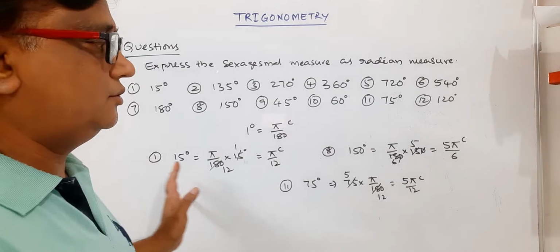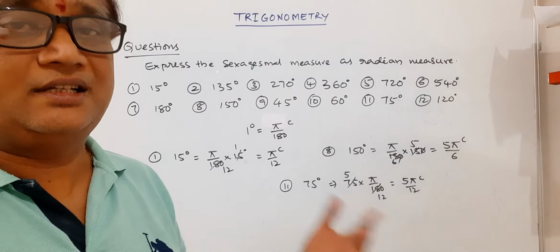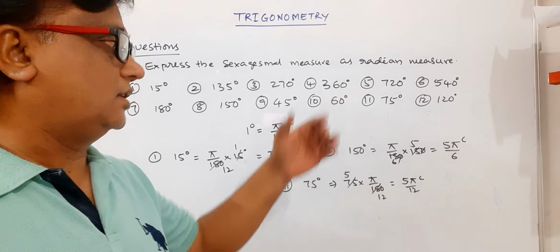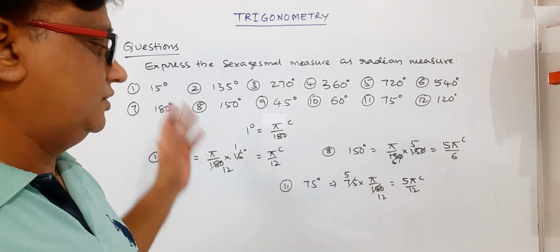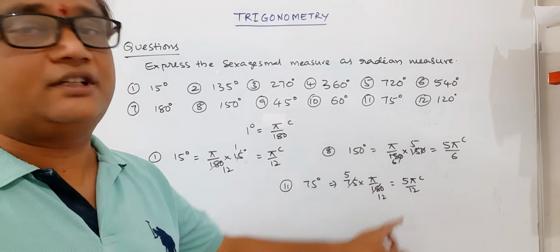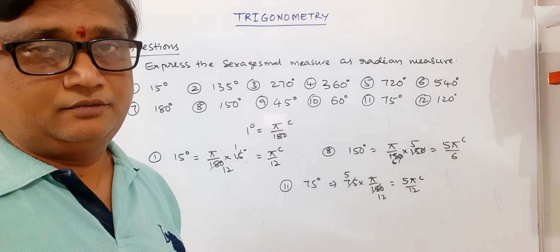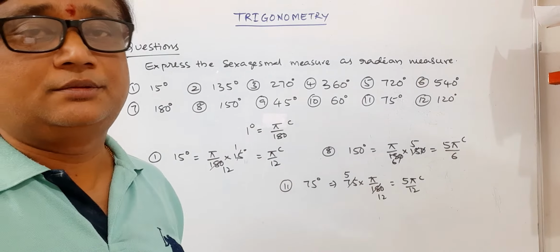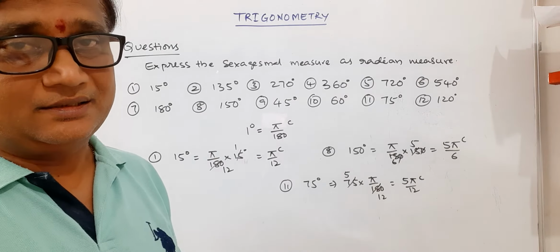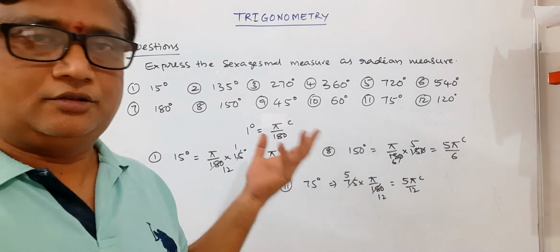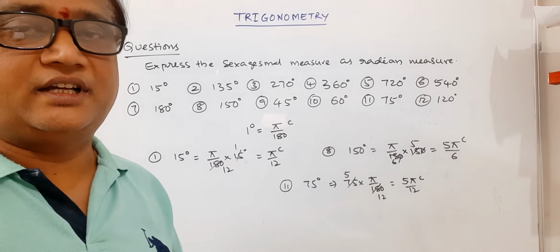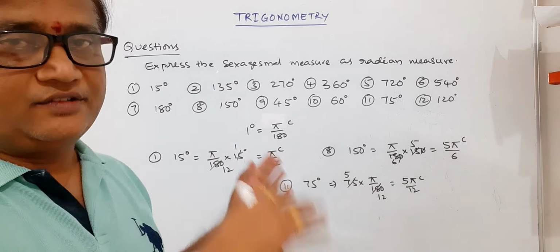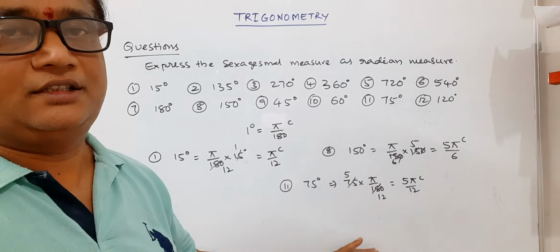It is very easy to convert, because this is the most important topic in higher sections. They do not tell the name, that is particularly 120 degrees or 75 degrees like that. Suppose in the place of 75 degrees they ask about 5 pi by 12. Suppose 45 degrees, pi by 4, like this they are going to ask. So every time, suppose 90 degrees is there, you can convert it into any angle. You could take 90 degrees or 225 degrees, 240 degrees, so just 240 into pi by 180, cancel it, and write the fraction like this.